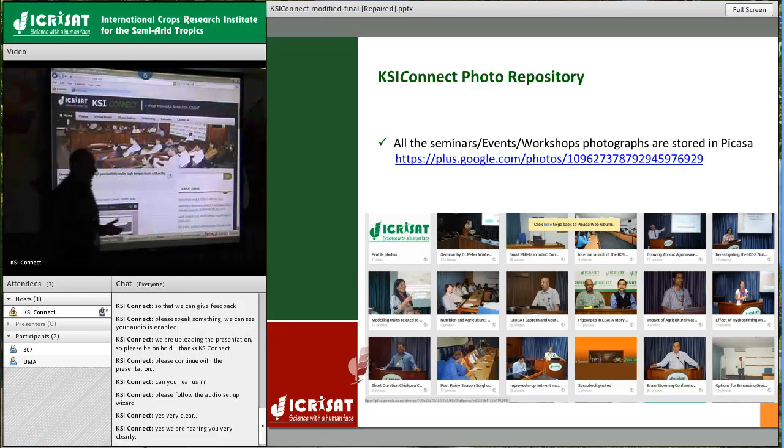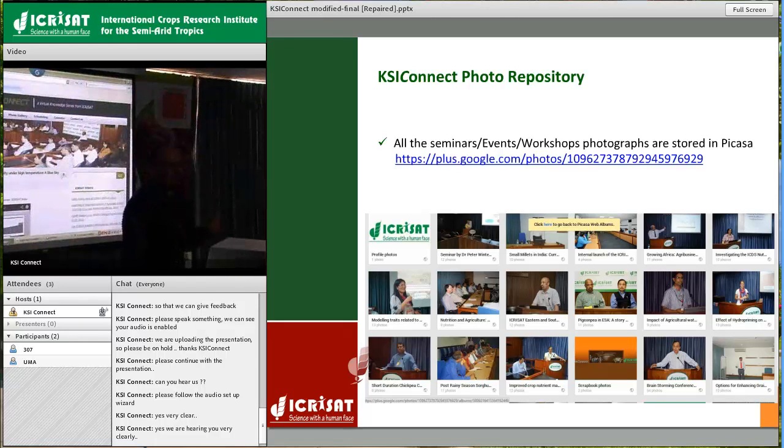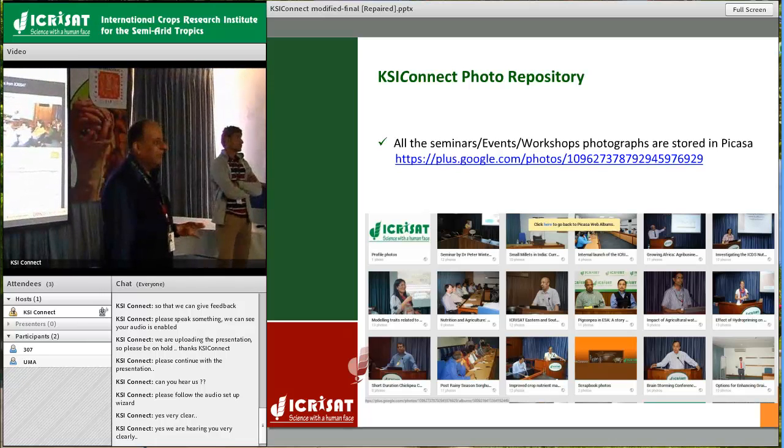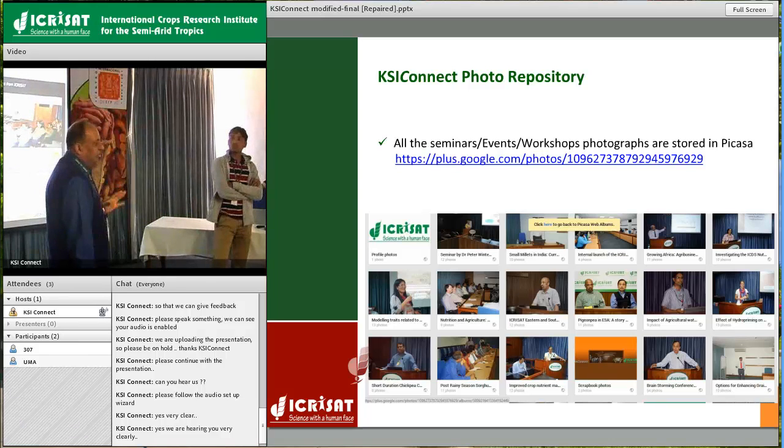This is the interface with which we have started, but now we are enhancing the whole interface, even the website, and we may switch over to Drupal from WordPress. WordPress is good for a beginning, but it doesn't have much complexity or layout control. That work is going on. In another two months' time, we'll have a new website.